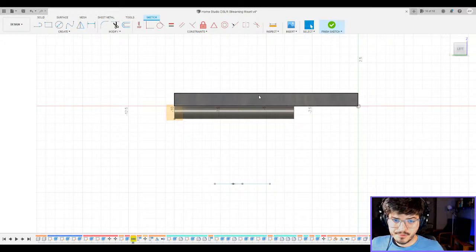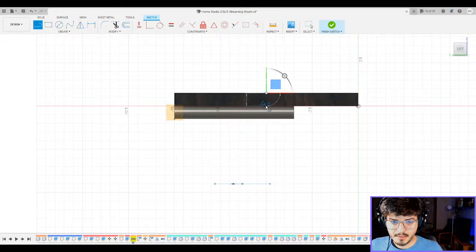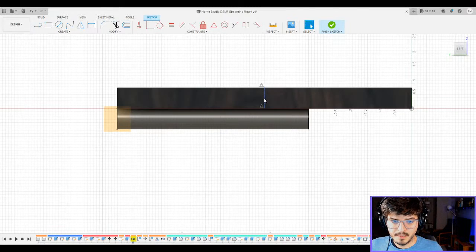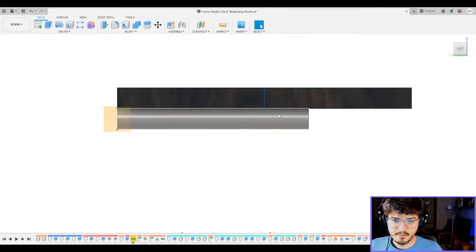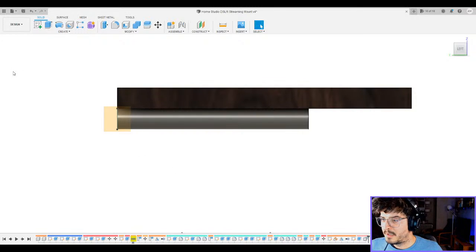I'm going to use the middle of this as my drawing, so I'm going to just grab my center here just to find that. There we go. Actually, I don't know why I'm doing it right here, so let me just remove this sketch because I don't actually want that. I should be drawing it in a new component.